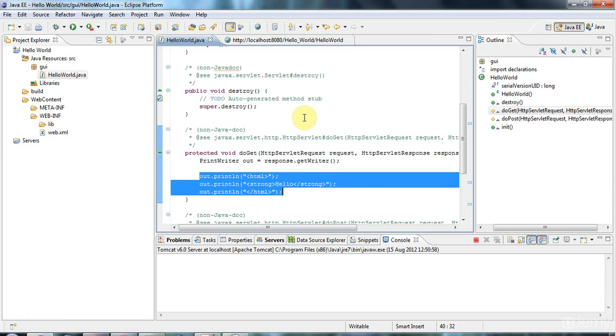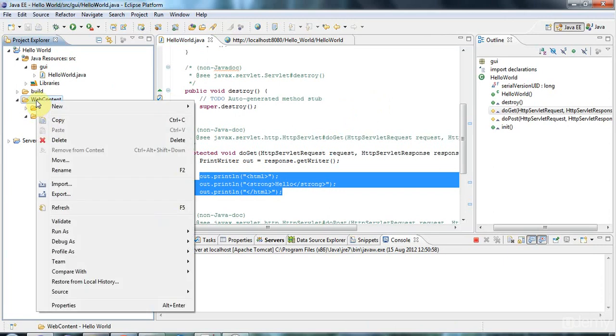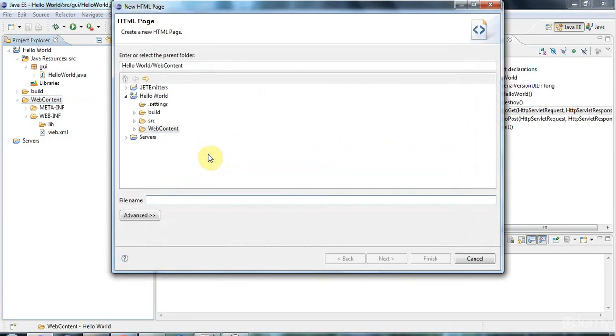Now I've got this project set up from the last tutorial, and you'll notice there's this web content directory, which is where you normally put your web content. As an example, I'm going to right click on this web content folder, and make sure you do click the correct folder, and I'm going to go to new, and create a new HTML file here, and let's call that